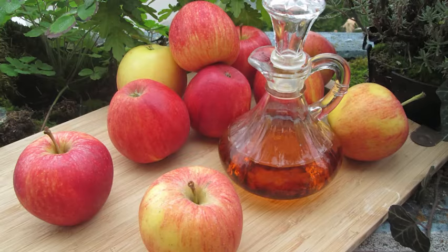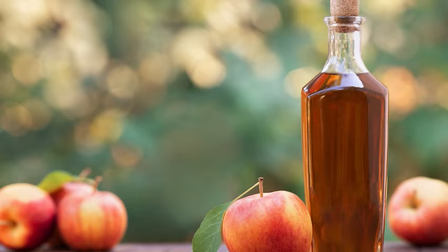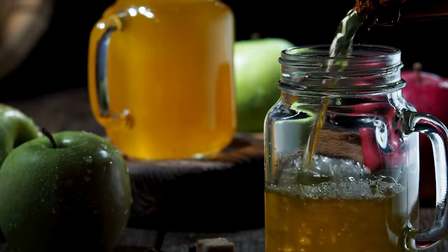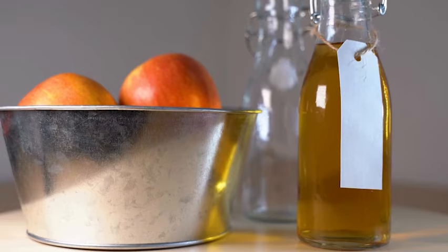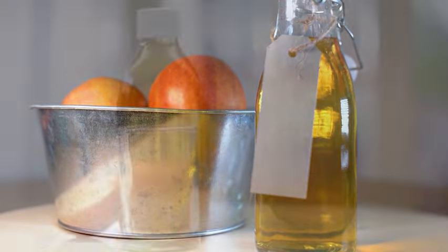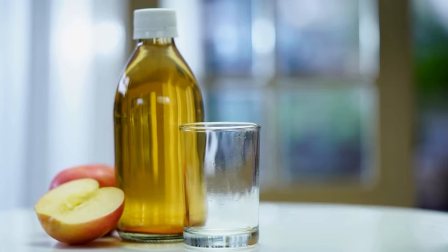Balance pH levels. Apple cider vinegar has an alkalizing effect on the body, which helps balance the pH levels in the blood and other body fluids. Although vinegar is acidic by nature, it is metabolized in a way that creates a more alkaline environment in the body, which can help reduce excessive acidity. This pH balance is crucial for maintaining the overall health of the body, preventing diseases related to acid imbalances, such as osteoporosis and metabolic syndrome. Vinegar can also help reduce chronic inflammation, which is exacerbated in an acidic environment. Consuming diluted apple cider vinegar regularly can promote well-being and support an